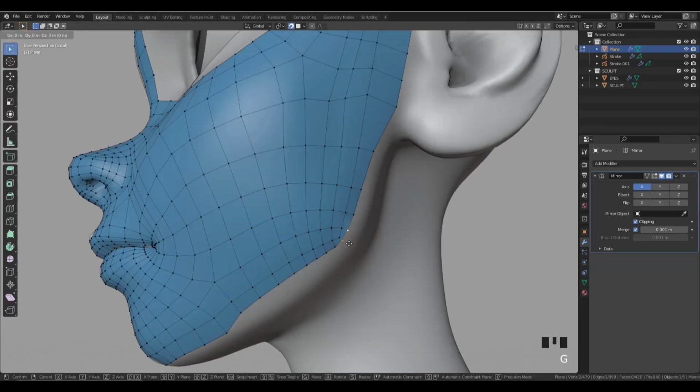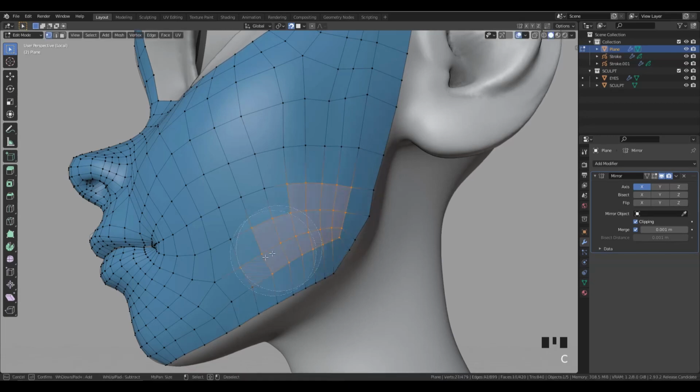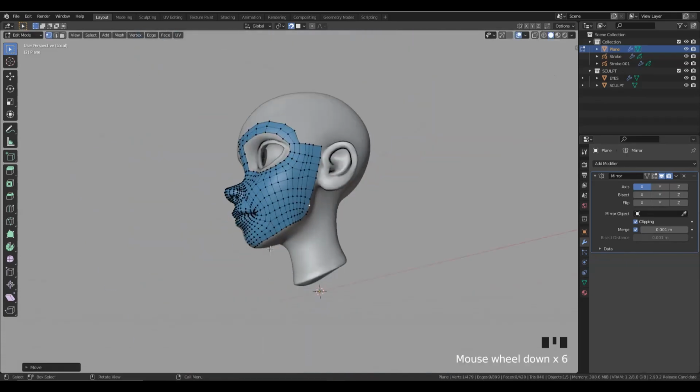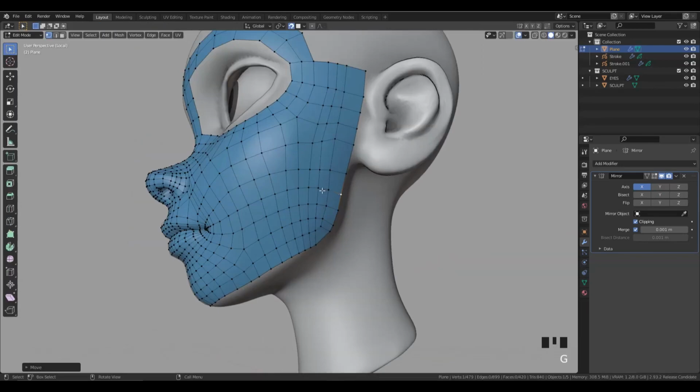Maybe before doing that, I can push this line a bit back like this, and here I can select everything and smooth things multiple times, bringing this area back. Just to